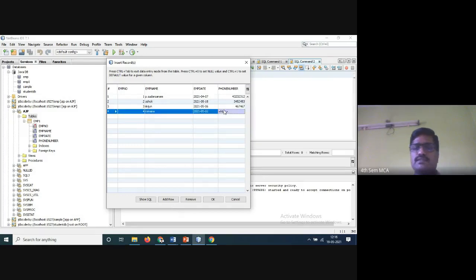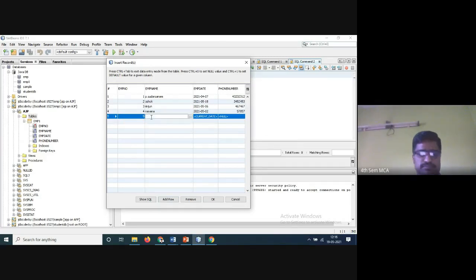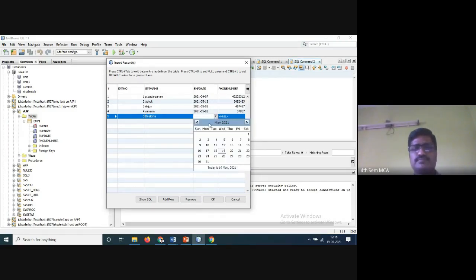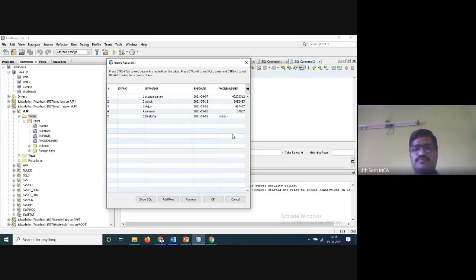Some date and phone number. And one more girl student, I'll enter it. Diksha. And some phone number. So 5 records is sufficient. I'll click OK.